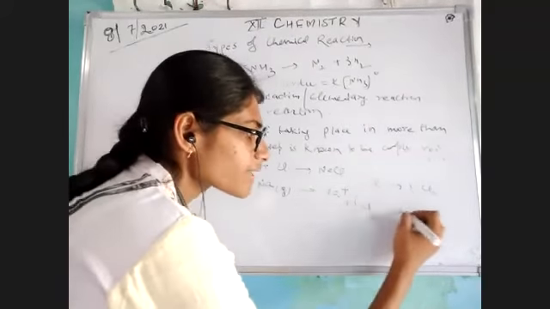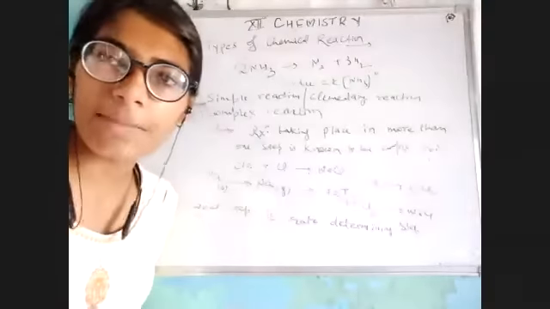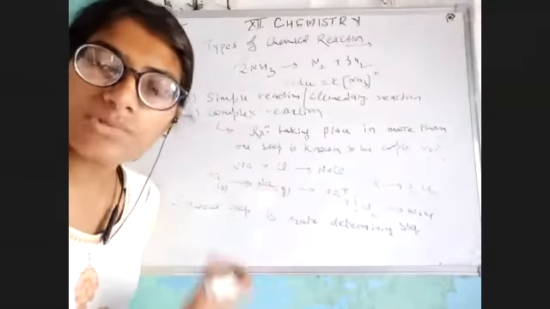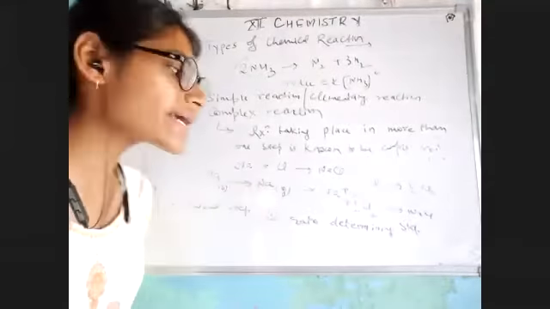Okay. Now the twist over here is, for the order, we will see the slowest step. The slowest step for any reaction is known to be the rate determining step. Why is this happening? Because the slowest step would tell us how much time it takes to complete the reaction, how much time it consumes to complete a reaction. That means my rate would be totally dependent upon the slowest step.